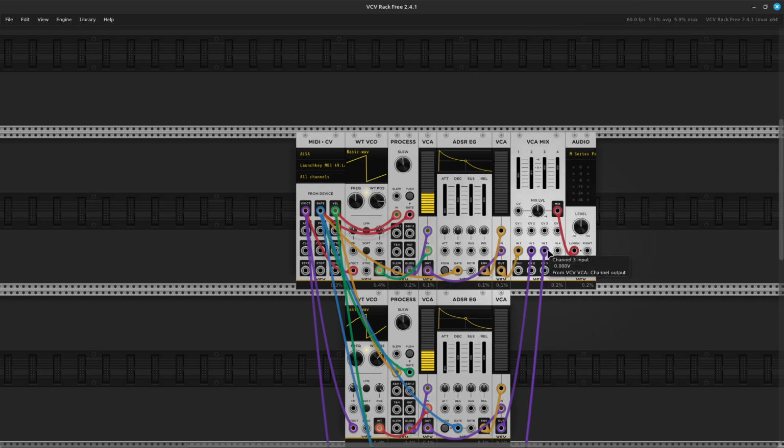The lower row is the audio inputs. These are control inputs for each channel. So